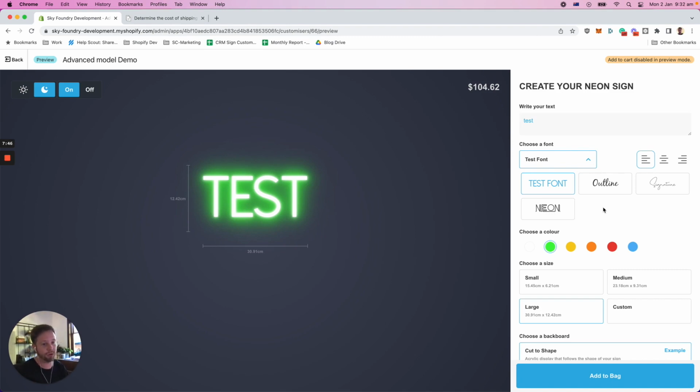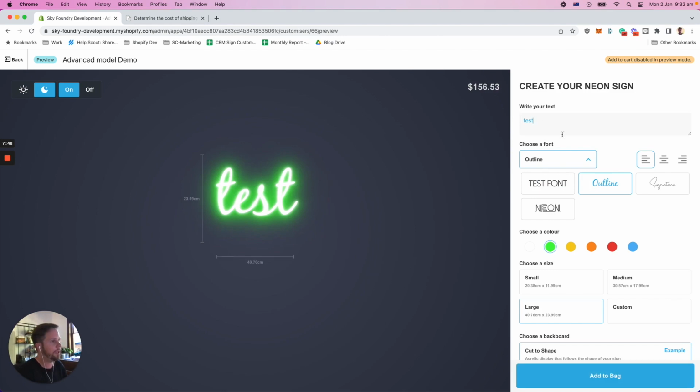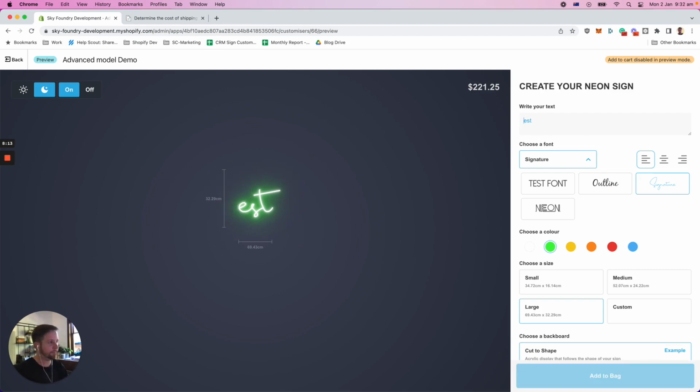One other thing that I would like to mention, and I'll switch to this font just for illustrating, is there's obviously going to be now a difference when customers input, say, an uppercase letter over a lowercase letter. So let's just look at this, for example. Actually, I'll switch to this font because it's better to illustrate. So right now we've got a lowercase t on the first letter. We'll switch it to an uppercase and it jumps from $221 to